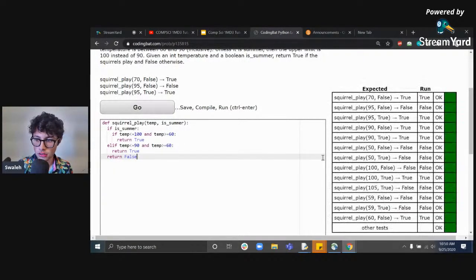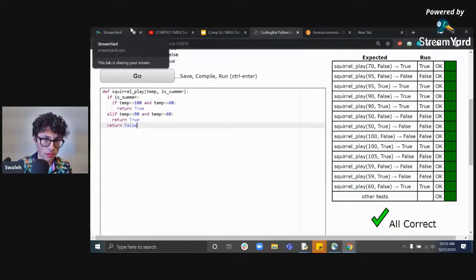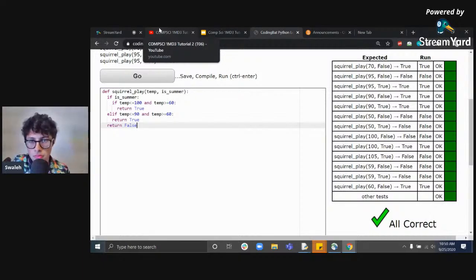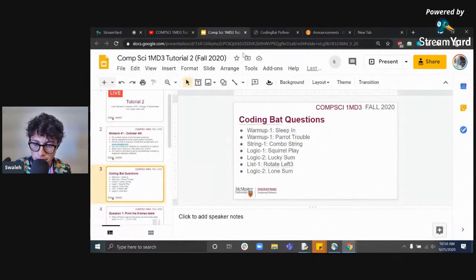Cool. Okay, so let's run the code, and awesome. Okay, let's try to get the rest of the questions done before 10:56, and then I can take up the slide stuff. Okay, so let's go back to CodingBat, and the next question we can do is, let's do lucky